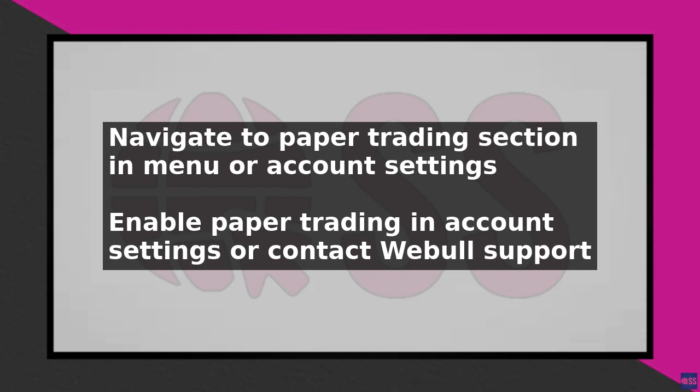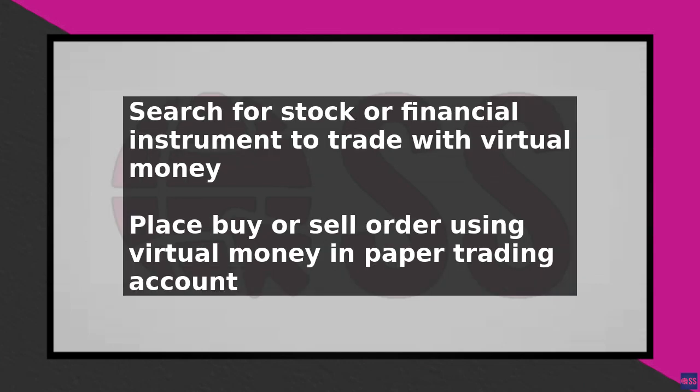When you are ready to start paper trading, search for the stock or other financial instrument you want to trade and click on it to open the detail page. From there, you can place a buy or sell order using the virtual money in your paper trading account. You can choose from different order types, such as market orders, limit orders, or stop-loss orders, depending on your trading strategy. As you place trades, you can monitor your performance in real time, viewing your profit and loss, and adjusting